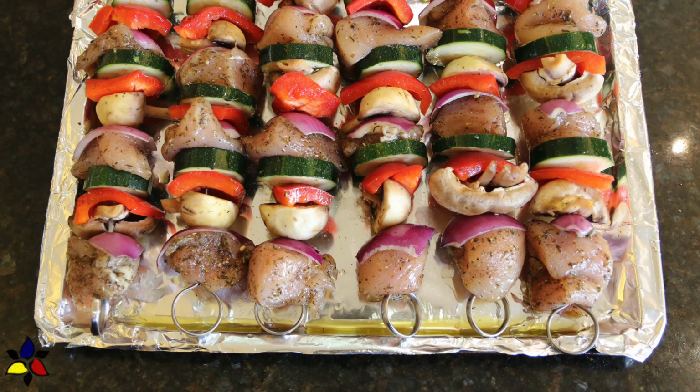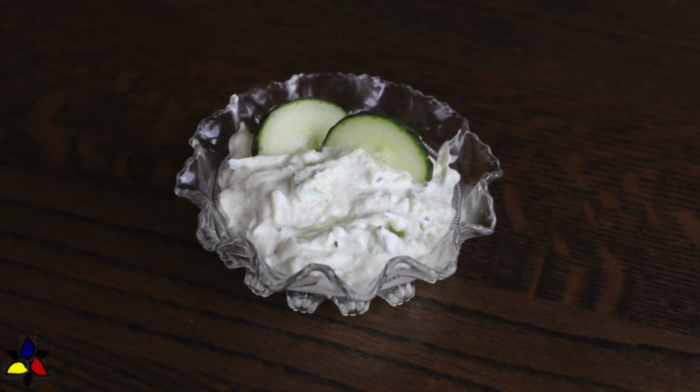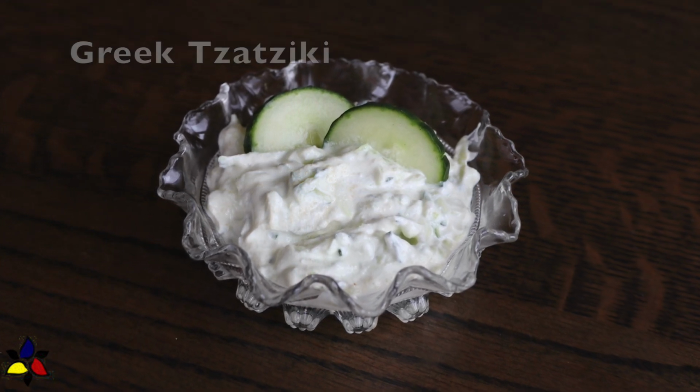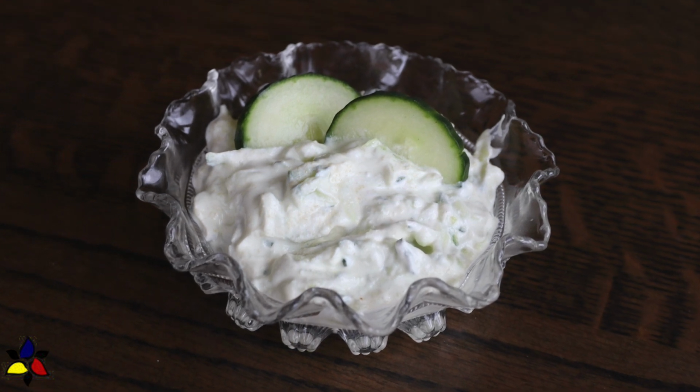nutrient-dense meal. But to improve the macro ratios, I usually serve these kebabs with my homemade tzatziki, which, by the way, is based on an authentic Greek recipe with a few modifications to make it just a bit better keto